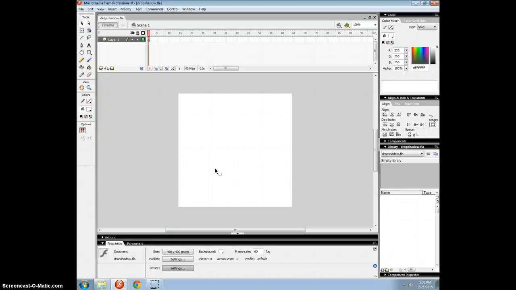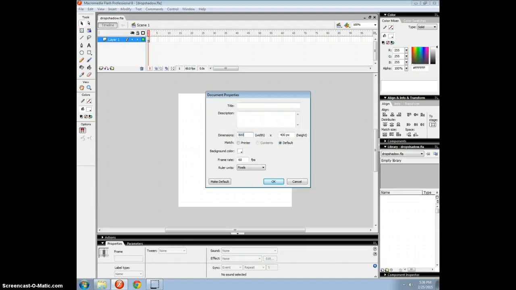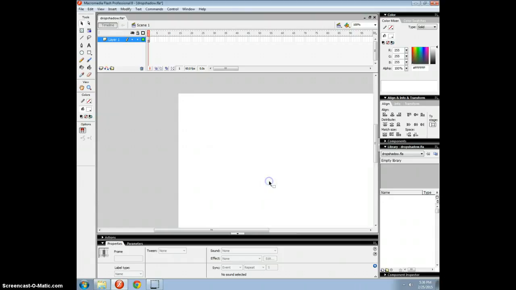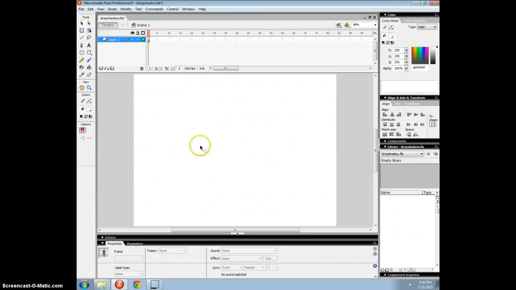Okay, this one is about drop shadow. So one of the first things you need to do as a student is always make your dimensions 800 by 660 frames per second. It won't make it default for a student, but it will for me. So as a student, you're just going to have to go in here and always change this to 800 by 660 frames per second. So we OK that, hit Control 2,